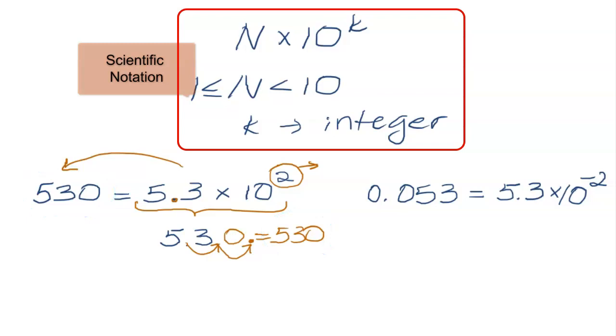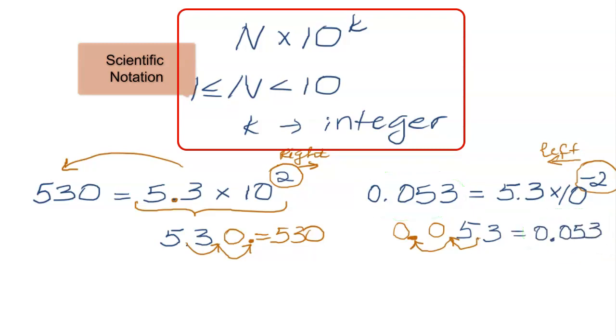Let's do the same operation with the next number, 5.3 times 10 to the negative 2. In this case, because the power of 10 is negative 2, we will move the decimal point 2 times to the left. Remember, if the power is positive, we move the decimal point to the right this many times. If the power of 10 is negative, we move the decimal point to the left this many times. 5.3, move the decimal 2 times, add the 0 to the missing space, add the 0 before the decimal, and we're back to the standard notation,